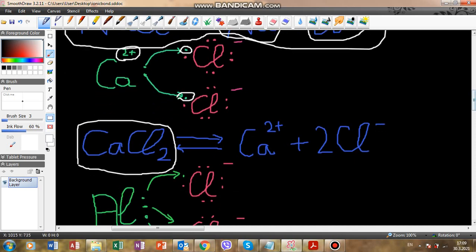And when the equation of dissociation is shown, we have calcium cation with a charge of 2 plus. Cations are positively charged ions, while anions are negatively charged ions. And we have 2 chlorine anions, each of those with 1 minus